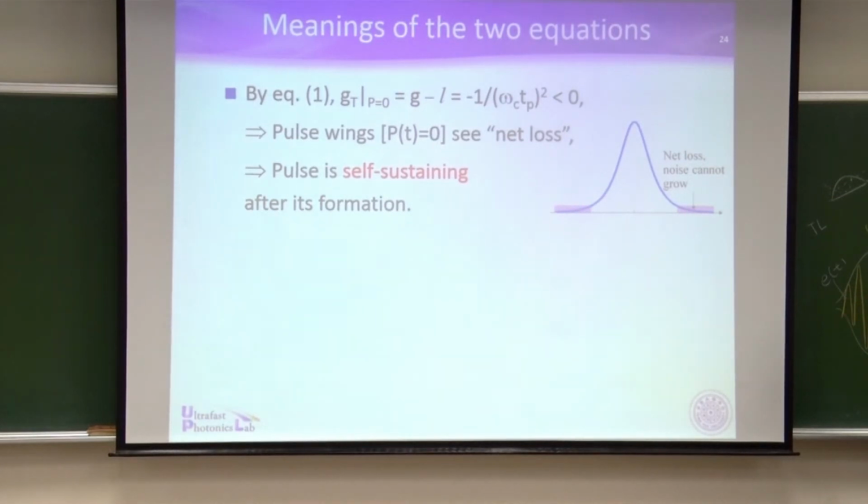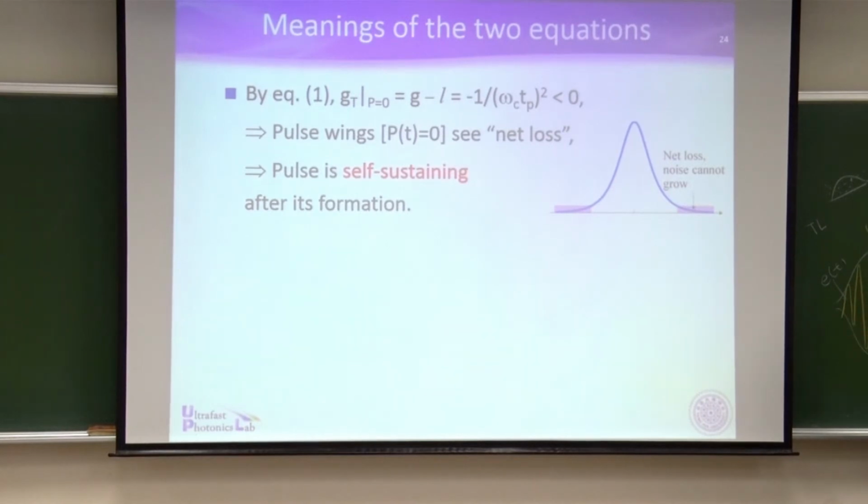So it's good for self-sustaining, stabilizing your pulse train after its formation. 好，所以这个 governing equation 其实已经告诉我们，先不管脉冲形成的过程，脉冲一旦形成之后，after its formation，这个机制会自动帮你稳住这个 pulse train，因为难免会有 noise 跑出来，noise 出现的位置通常影响最大的就是在 pulse wings，noise 也会出现在 pulse peak，but